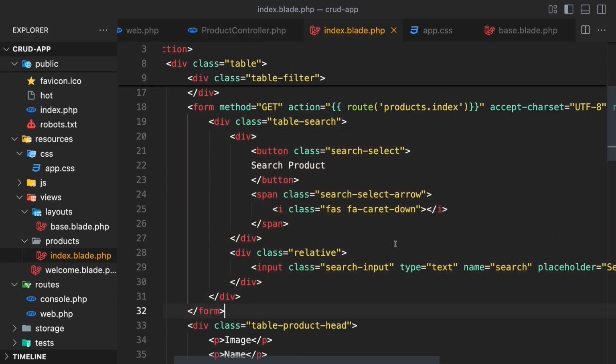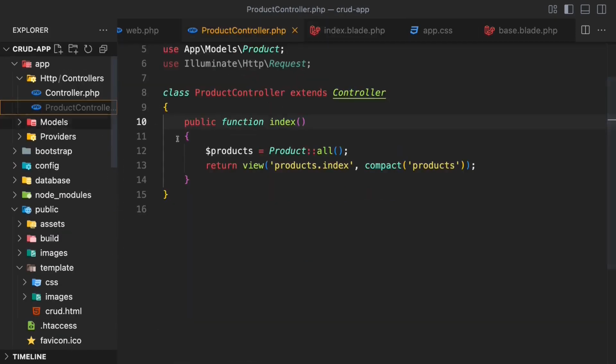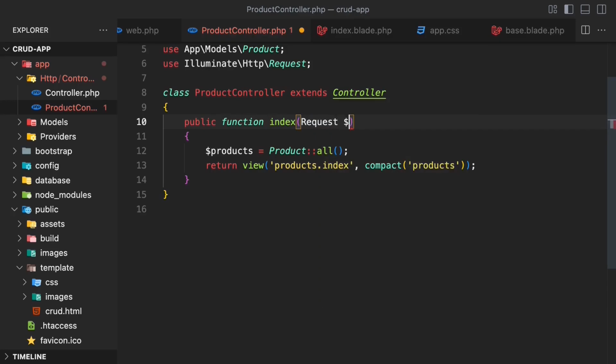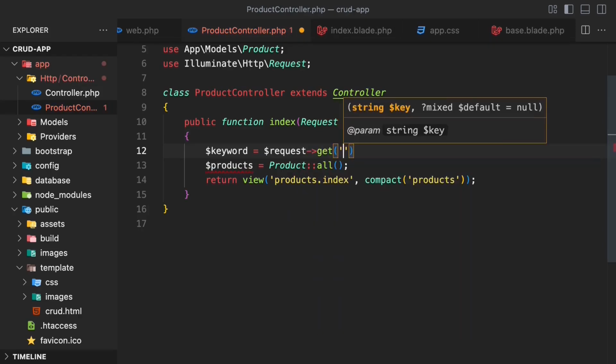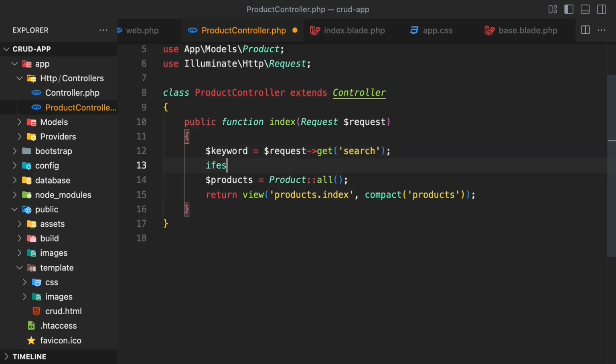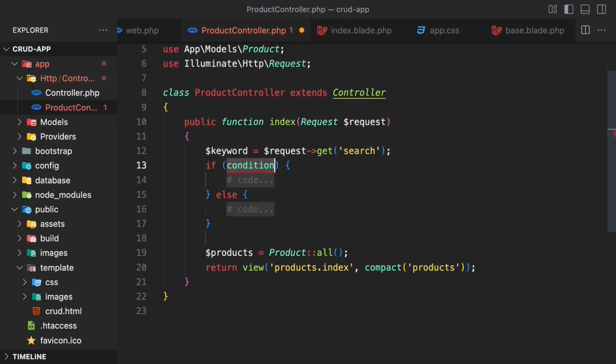Now let's go in product controller. Over here, add the request and the variable request. Let's declare a variable keyword with request get search. And here add a condition. If request search exists,